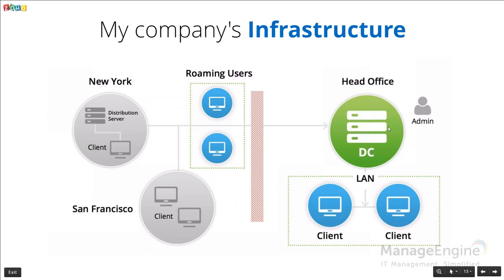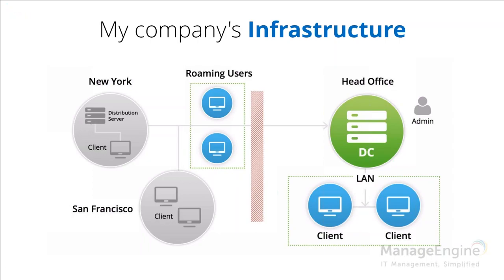So we have the head office, which is going to be like Chicago. So we have the machines in Chicago with LAN. So machines managed over there are going to be with the LAN. And we also have New York and San Francisco offices, where New York has a large amount of machines